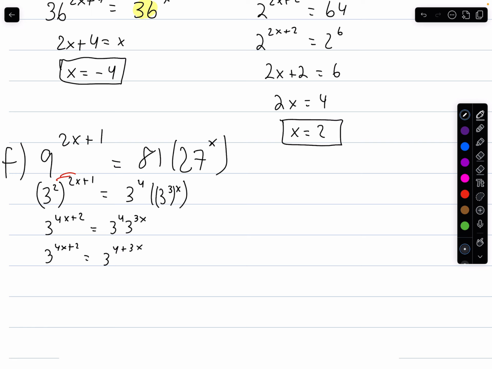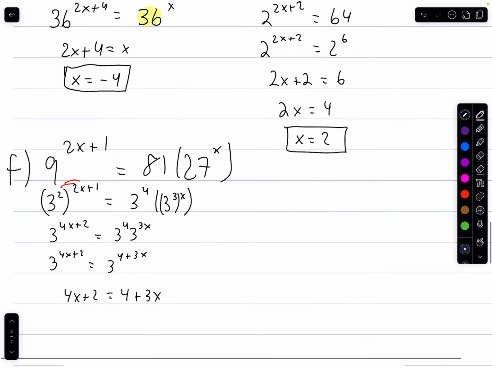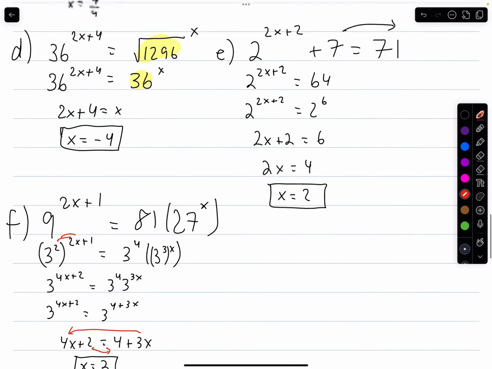Now that we have that, and these are just pure exponent laws, we can just go into this and then bring it over to the other side, x equals 2. And all I did here, guys, very simple. I brought the 3x to that side, I brought the 2 to the other side. So 4x minus 3x gives me the x, and then 4 minus 2 gives me the 2. Okay, so these are a lot of good knowledge questions that are going to help you with this concept,